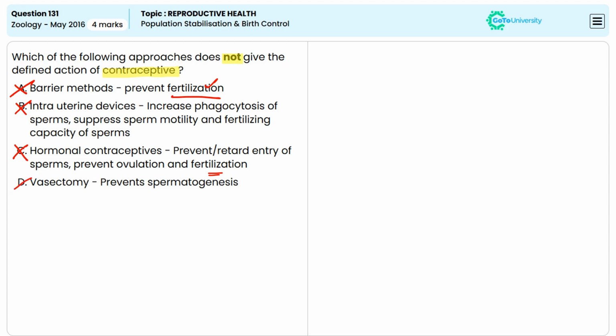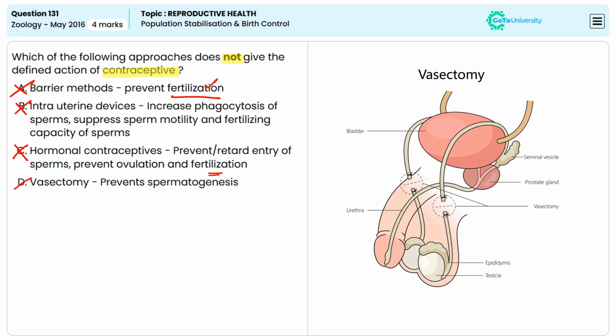Option D, vasectomy. Vasectomy is a surgical procedure that involves cutting or blocking the vas deferens, the tube that carries sperm from the testis to the urethra. So it does not